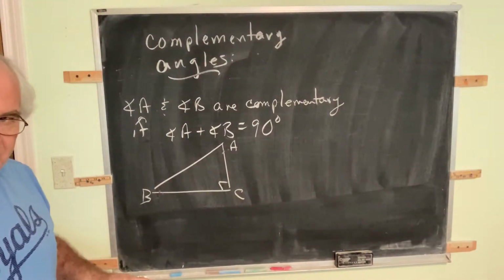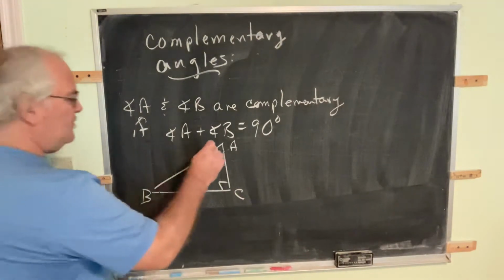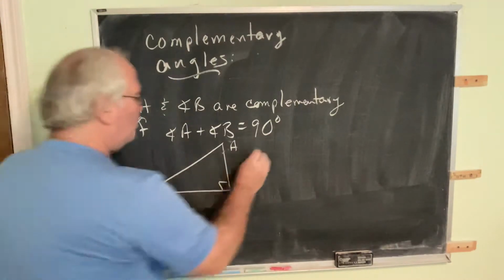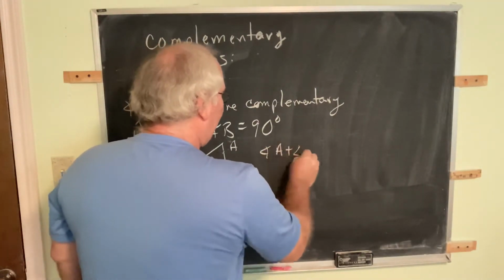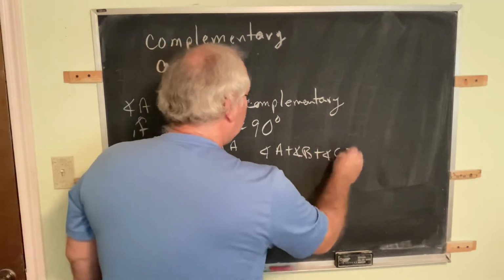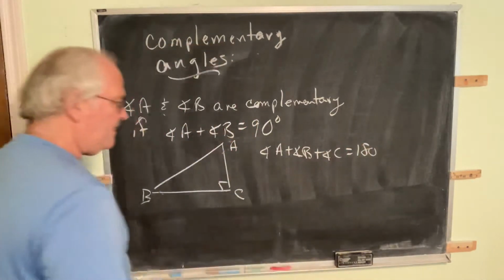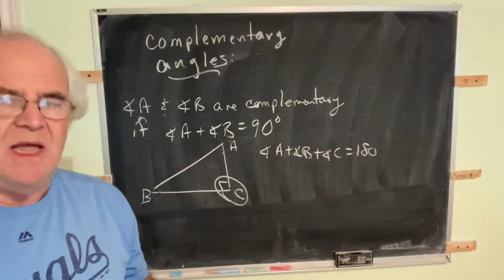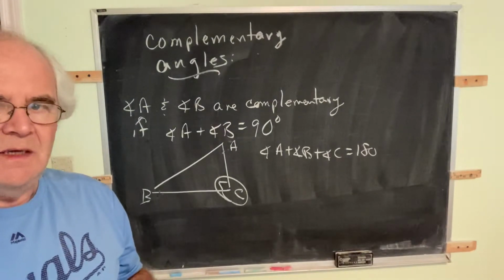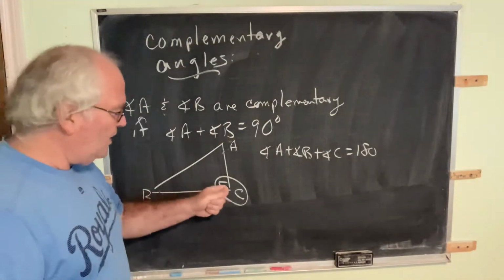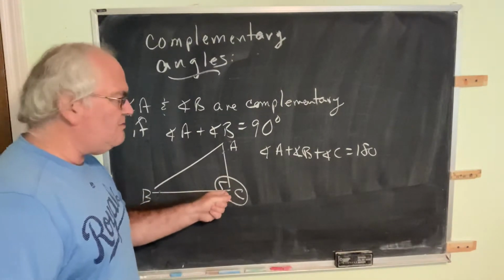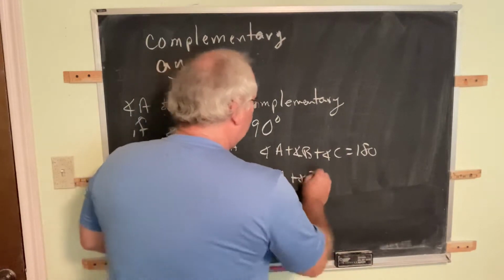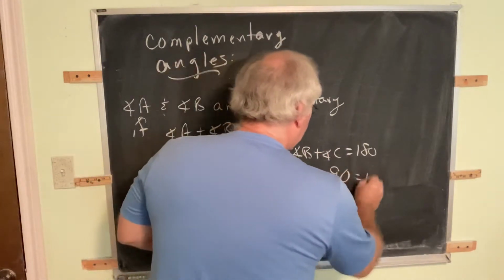Is it clear why? Is it clear that if you add all three angles together, the total must be 180? We know angle A plus angle B plus angle C must total 180 degrees. But we already know C because we are requiring this to be a right triangle. So if we have a right triangle, that requires that this must be known to be 90 degrees. So what we're saying is angle A plus angle B plus 90 is equal to 180,